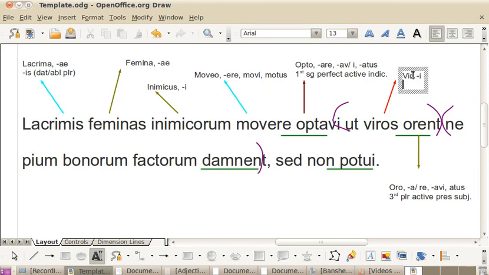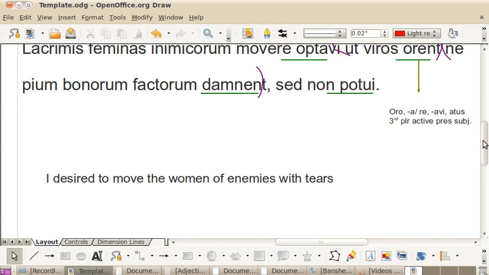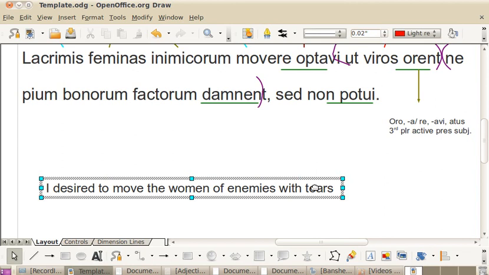Viros is accusative plural. But most importantly, all that work told us is that viros is not going to be the subject. We're looking for the nominative plural, and we don't see any nominative in this sentence. So we could simply assume NT third person plural, they. Okay, they is the subject. We're just going to assume the pronoun that is contained in the personal ending. So let's write that. And so I desired to move the women of the enemy with tears, and ut with